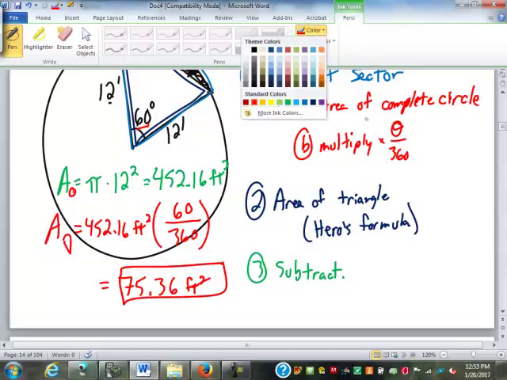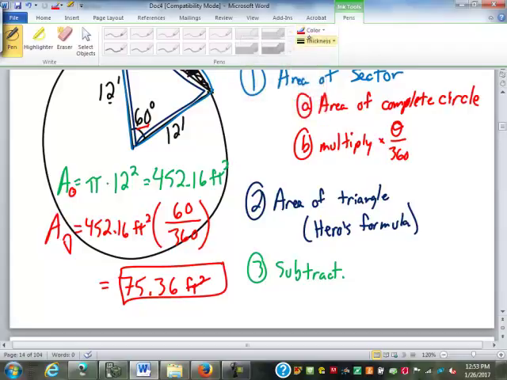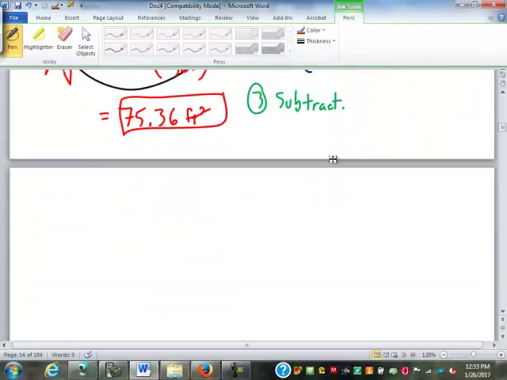Did you guys make it that far? You're getting close to it? How about the area of the triangle then? Did you find that? That's what you're working on? So,